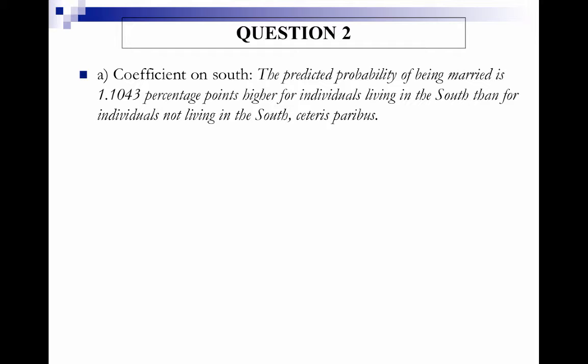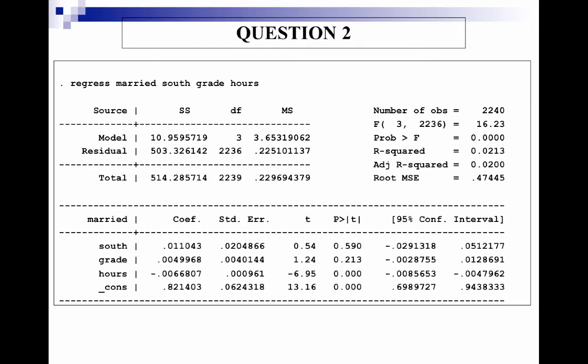And for the coefficient on South, we want to note the predicted probability of being married. The coefficient here is 0.0110. So we interpret this as the predicted probability of being married is 1.10 percentage points higher for those living in the South than those not living in the South, holding all else constant, or holding grade and hours of work constant. So keep in mind you want to multiply this by 100 since the outcome is a dummy variable,